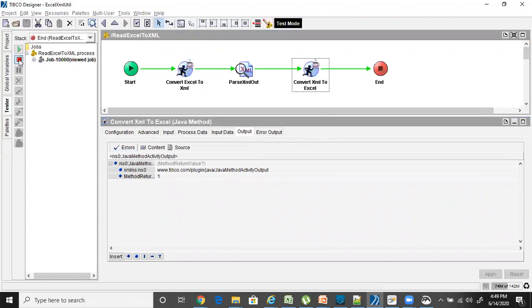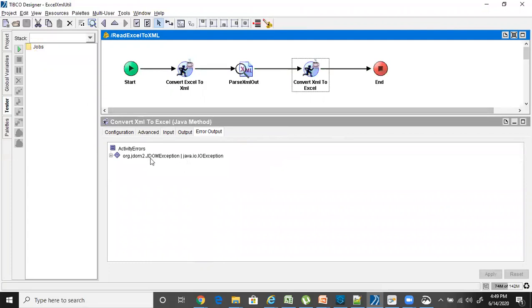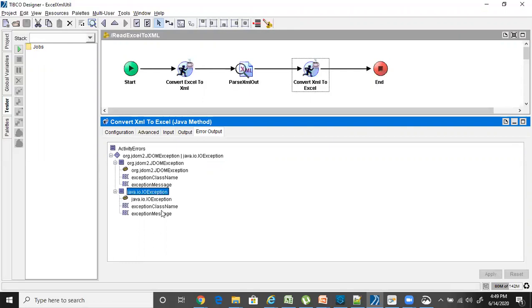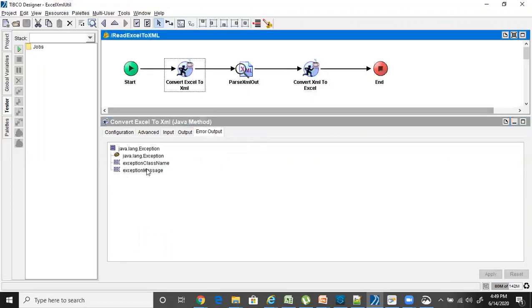You can also see what possible errors these methods can throw. If there is any issue parsing an XML with the DOM parser, you'll get these kinds of issues. When you're writing a file, if you get any error, you'll get a Java exception. Similarly for this one, the same kind of thing. I'm not adding all the exceptions; I'm just putting the root level exception as a standard exception, so anything that comes, it will just return complete data.